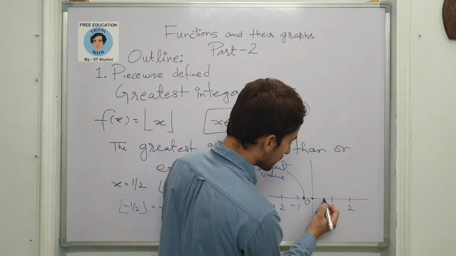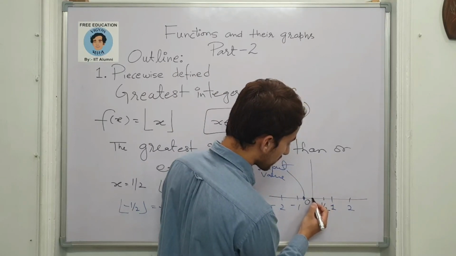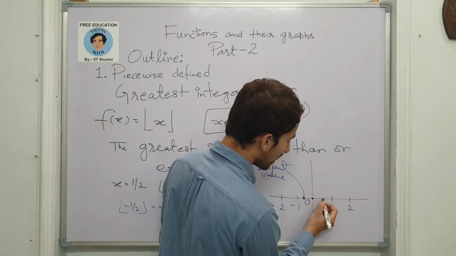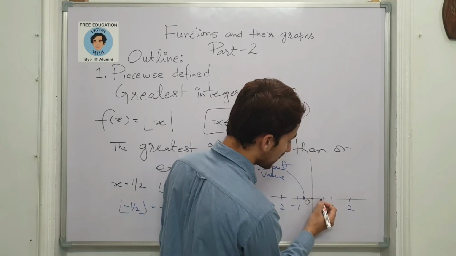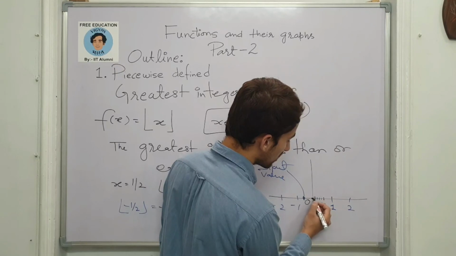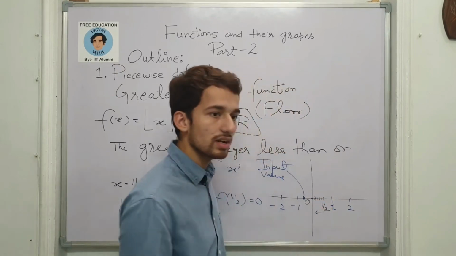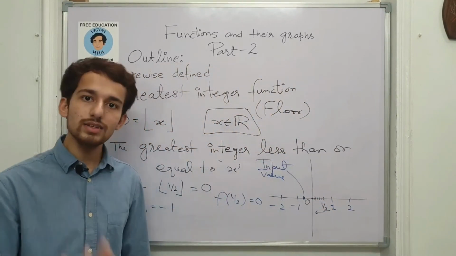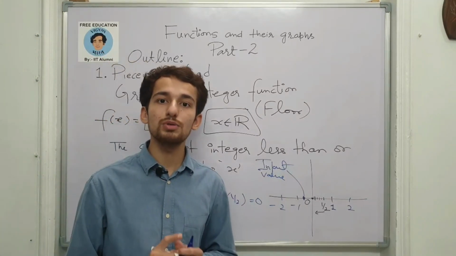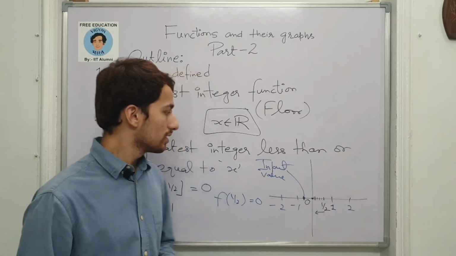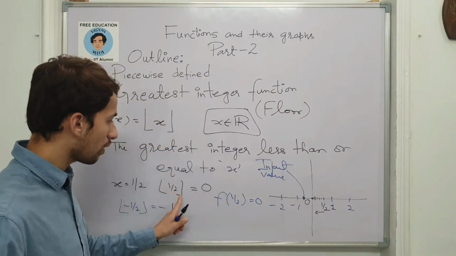I choose a value, but the output is this. So this is the point of interest. If I were supposed to choose an input here, the output would be like here only. Whatever value you choose, even if you choose 0 itself, the output is again 0, because in that particular case the equal to sign will hold. Fine. So now we have understood how it is defined.